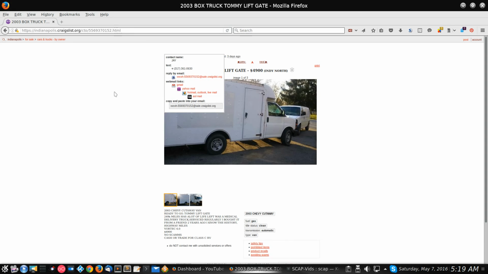Basically you're going to conduct your correspondence with them the same way you would if you were responding to a classified ad back in the day. And if you've not ever done it before, what you're going to do is get hold of them through text or through email. I recommend email if you can. A lot of times you don't get the replies.